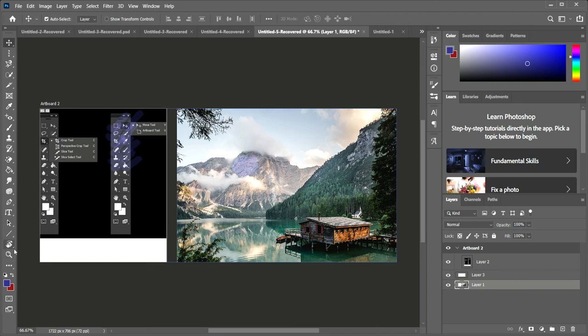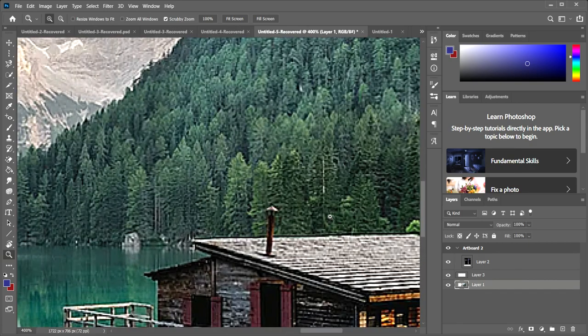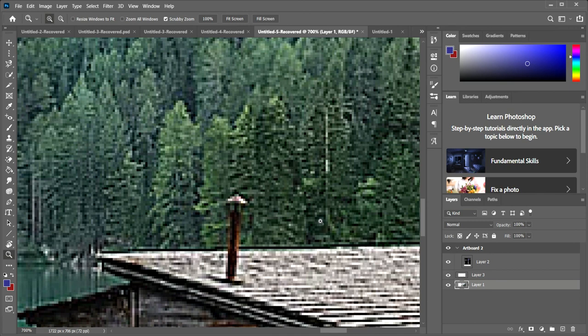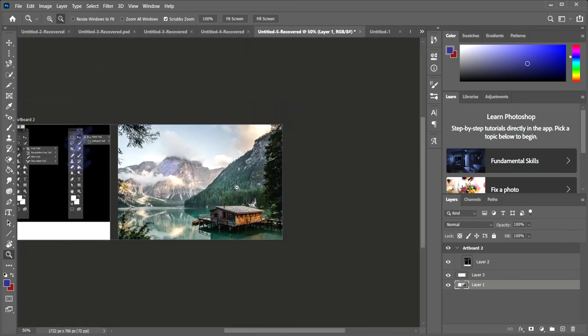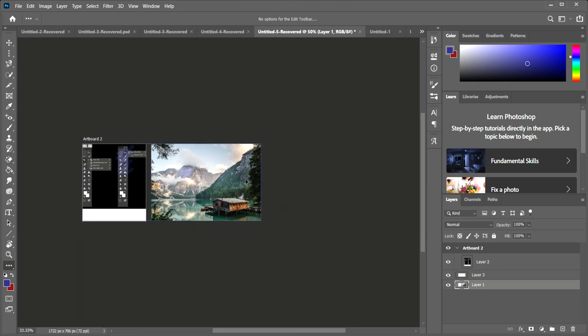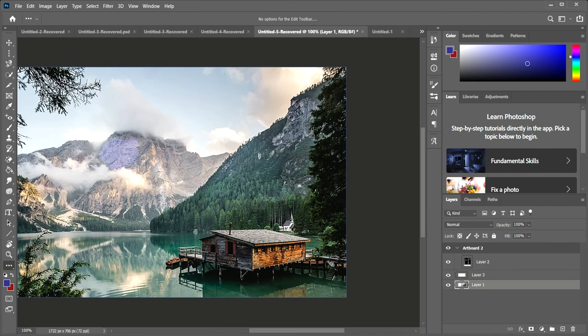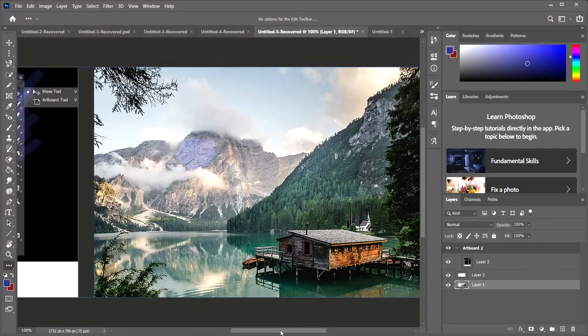Then comes the zoom tool. This is the zoom tool. The zoom tool is used to zoom in or out of your image. It is most commonly used when you want to zoom in on a specific part of an image. You can drag or select an area of the image, and zoom out also. Foreground, we have these tools only. We can change easily. We can do anything with these tools.